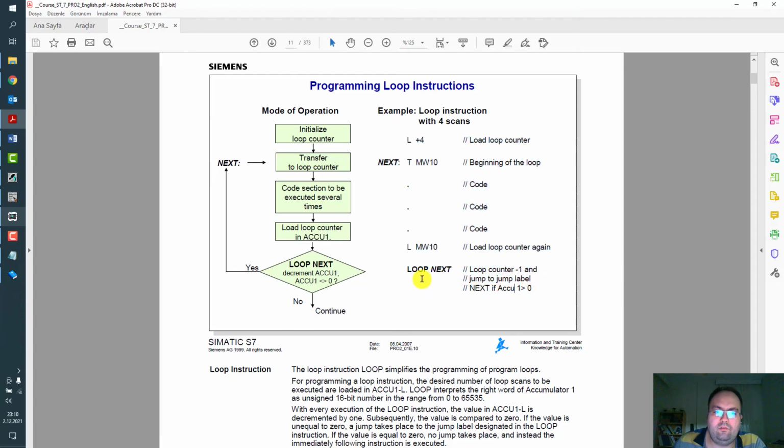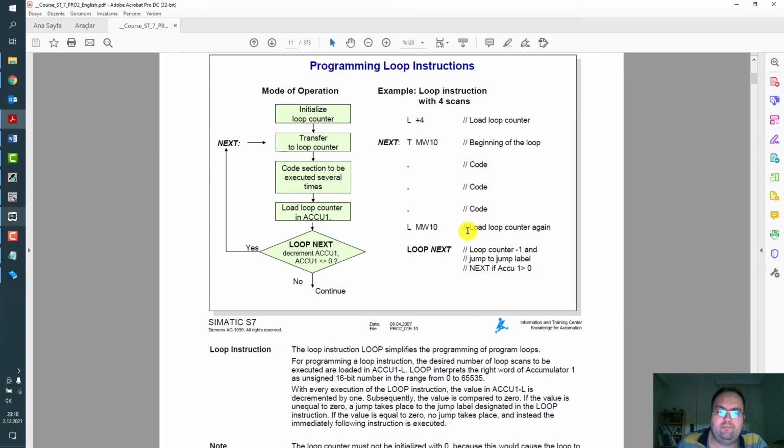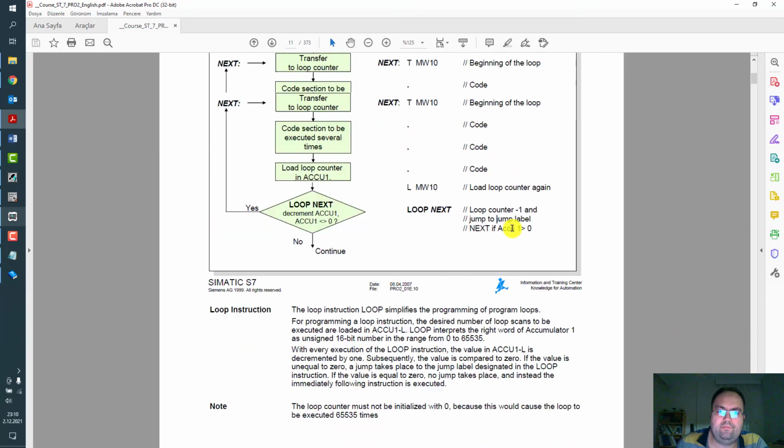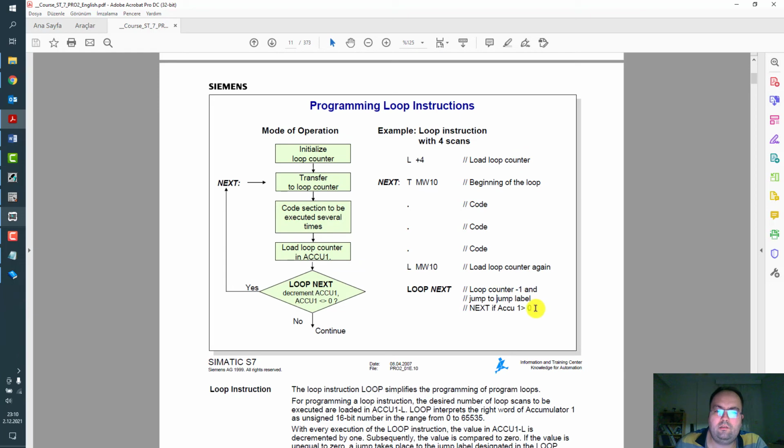At the end of the loop, it will go back to beginning and subtract 1 from the loop counter, check the accumulator. You can use it like this.